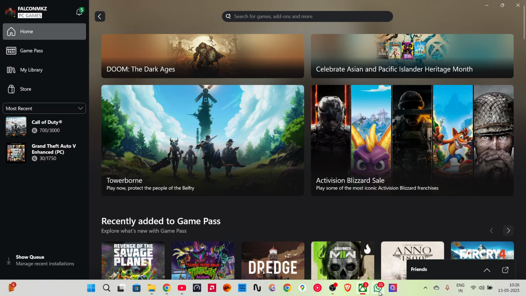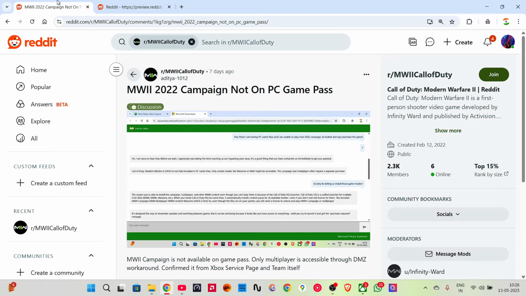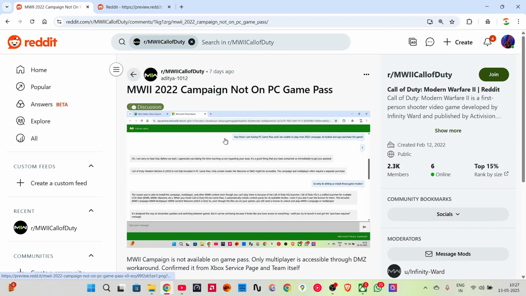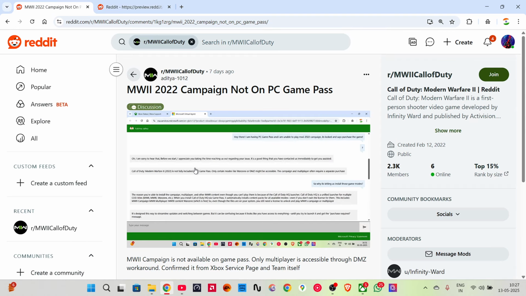So this was the video, and I showed you the Reddit page, which shows that it's not available. I also wrote that MW2 campaign is not available on Game Pass. Only multiplayer is accessible through the DMs workaround. Confirmed it from the Xbox server page and the team itself. I talked to them that day, and the date is here. I talked to them on the 6th of May, and they told me that it's not accessible. So I thought that it's okay. When you look at it, you have access to two of their best titles and latest ones, so that's not a big problem. So this was the video, and I hope you got the information that the licensing is not available